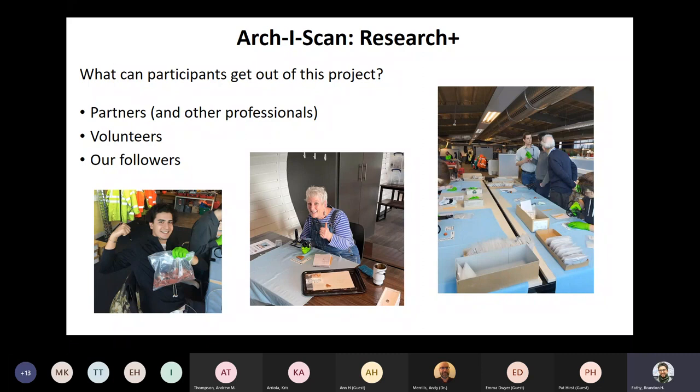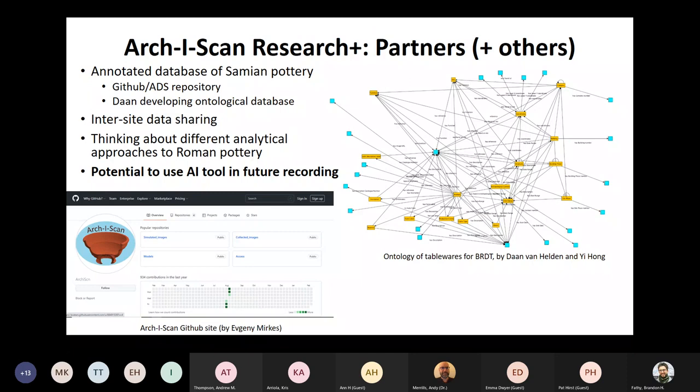So what do all the participants in this project get out of it? What do the partners get out of it? What would other professionals get out of it? What do the volunteers get out of it? And what might some of our followers get out of it? Well,